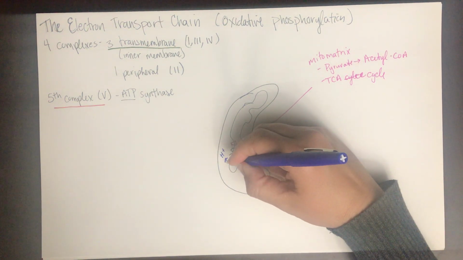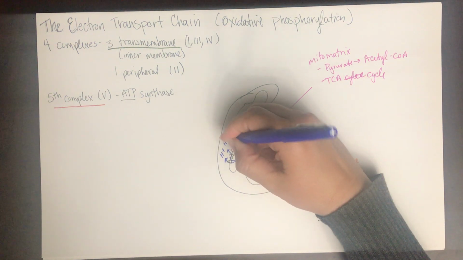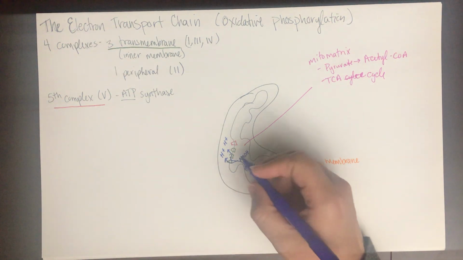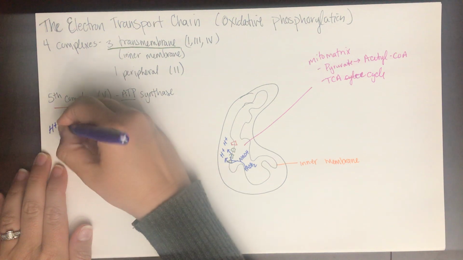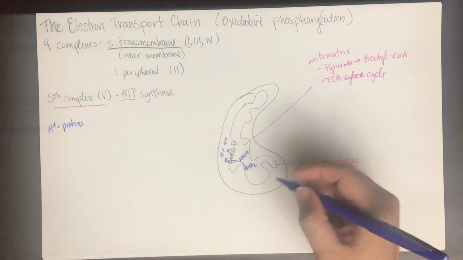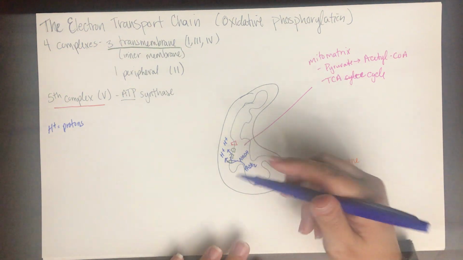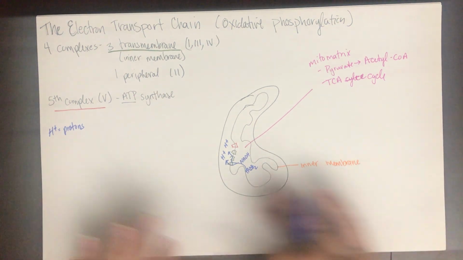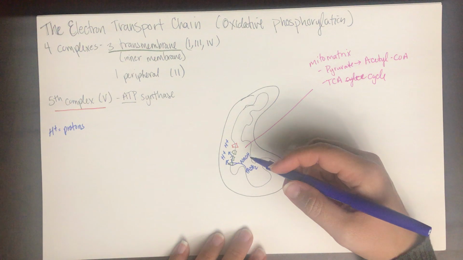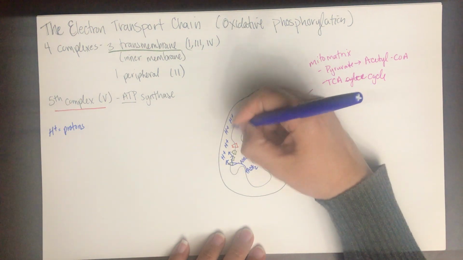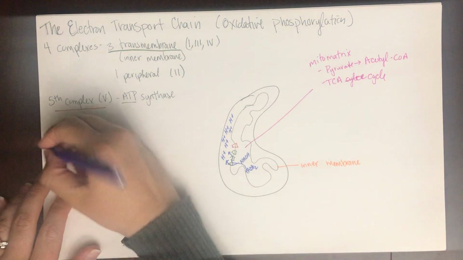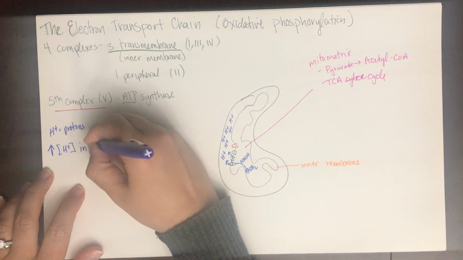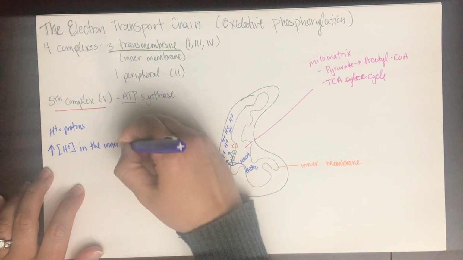And then FADH2, this isn't a very good picture, but it will come through complex 3. So essentially what these are is, sometimes you'll see them called proton pumps. Remember, we also call hydrogen ions, sometimes we just call them protons. So what happens is these electron carriers that we now have loaded up with these electrons, these hydrogen ions, throughout all of these processes, once we get to the electron transport chain, they get pumped across, and now we have a high concentration of hydrogen ions in what's called the inner membrane